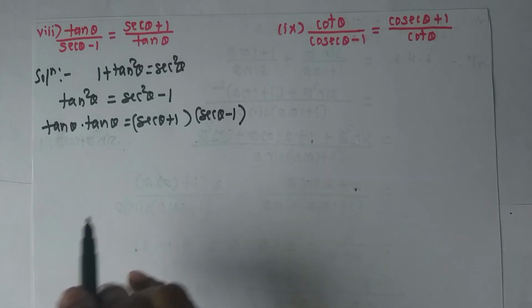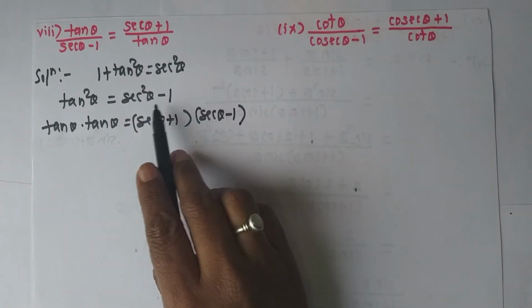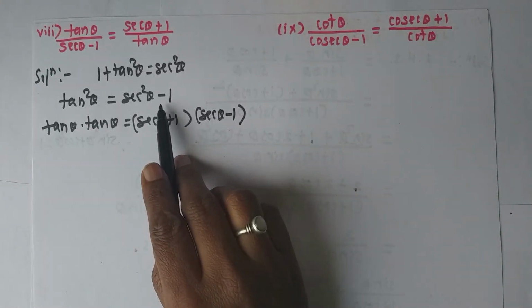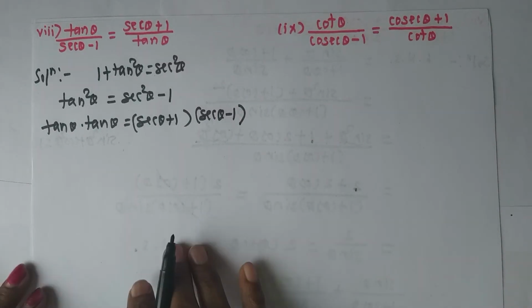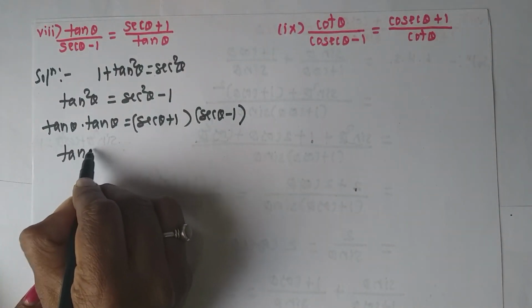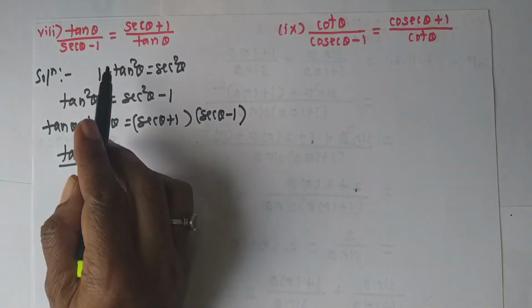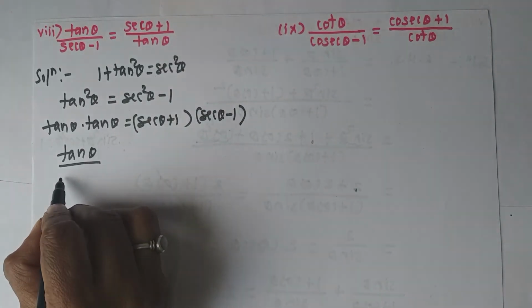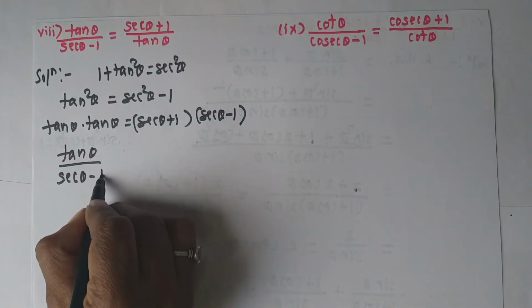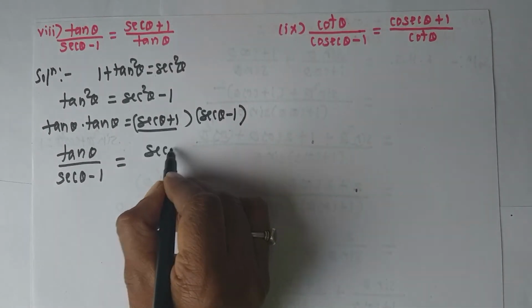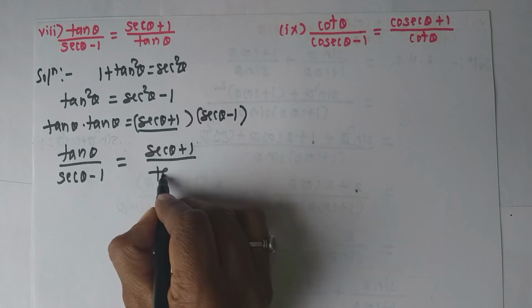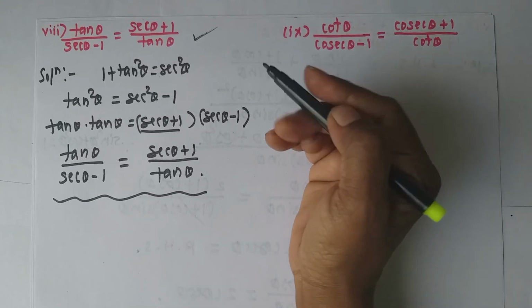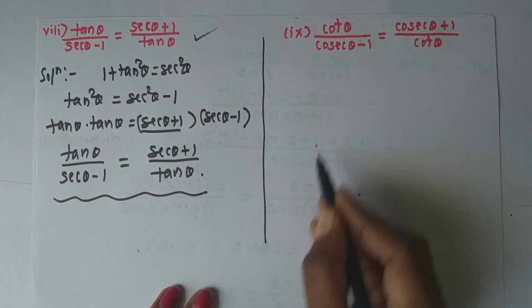We know if in the brackets there are a plus b and a minus b, then that will be a square minus b square. Here a is sec theta, b is 1. Therefore, factors of the equation are sec theta plus 1 and sec theta minus 1. Now here I will keep tan theta as it is. And see in the equation what is in the denominator? Sec theta minus 1. Therefore I will transfer this to the left hand side and it goes in the denominator. Now keep this sec theta plus 1 as it is and transfer one of the tan theta to the right hand side. And in this way it is very simple. We have proved the equation. Okay. Now in the similar way we will prove this.